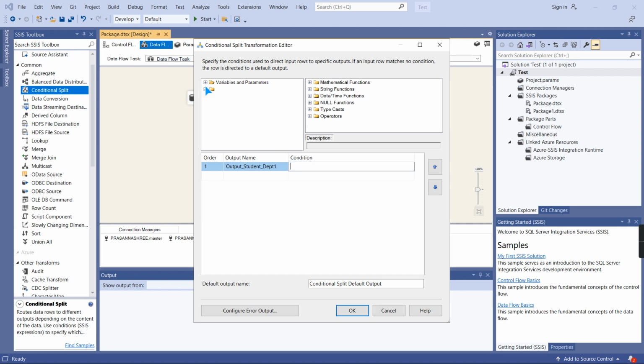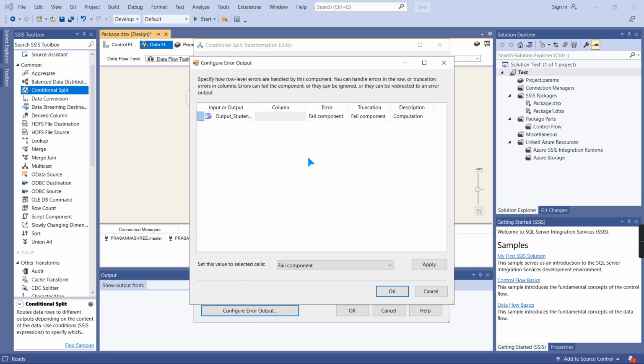Condition I'm going to provide here: department ID. Here you can see multiple operators. I'm going to use equal. Equal to 1.